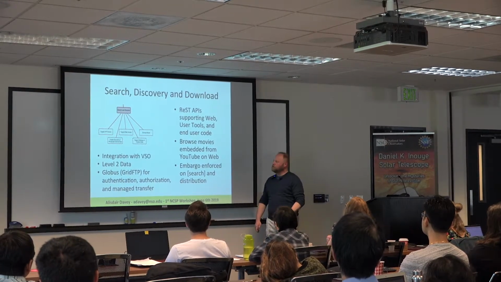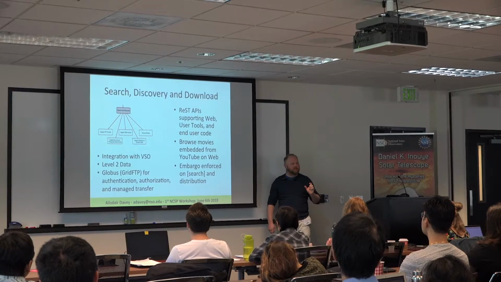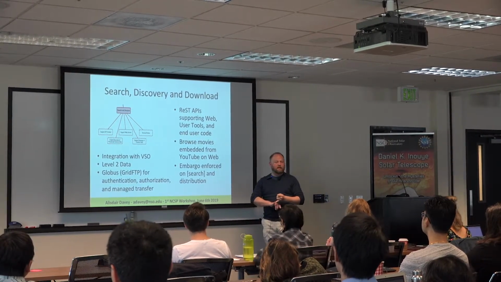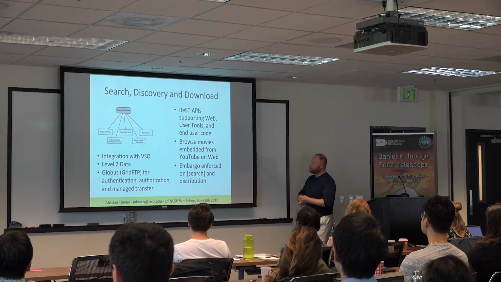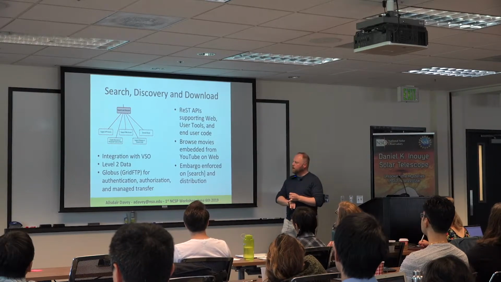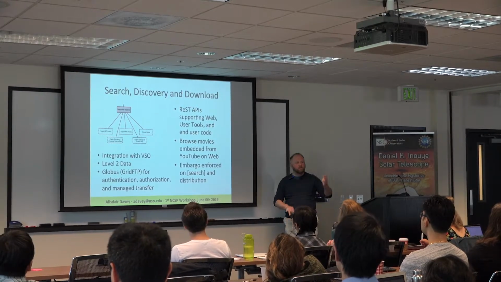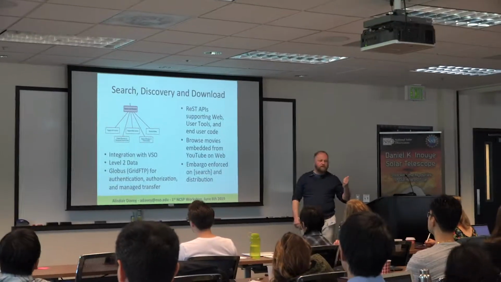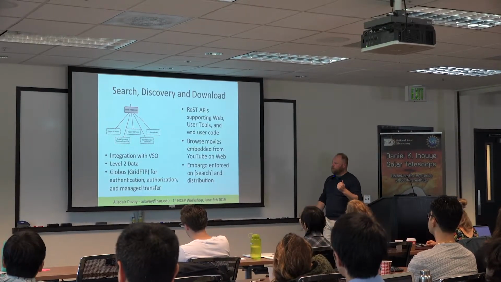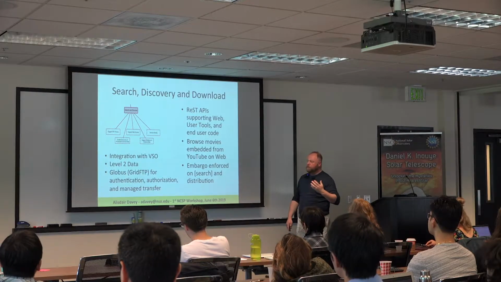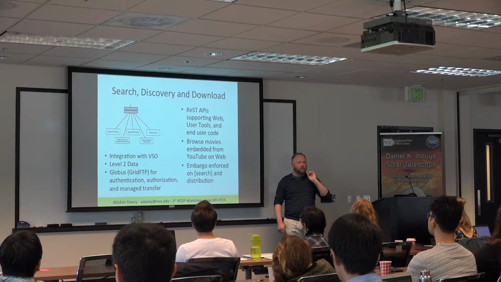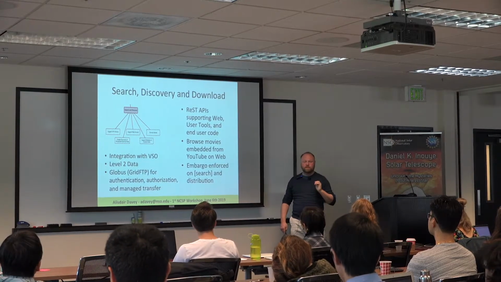Okay, good. So it's the way in which various components of the data center can actually query the data center to find out what holdings the data center has, for example. So the web interface to the data center will use this API. Any command line tools, like the user tools, will use this API. The Virtual Solar Observatory will use this API. And so pretty much everything that wants to query it, including any code that you may want to write to do your particular thing, will be able to use this API.